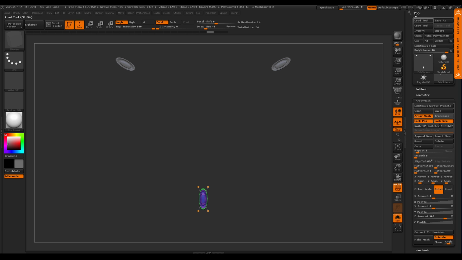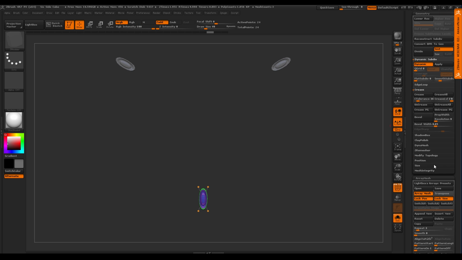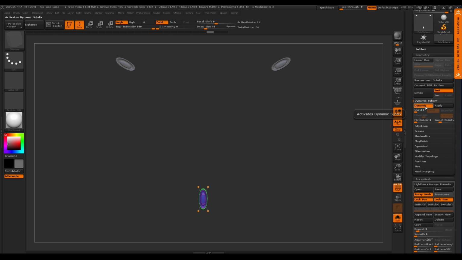So I have the tool palette docked here the entire time. Okay, for those that aren't using ZBrush yet or are new to it, I'm opening up Geometry. You can see right here there's Dynamic, and I'll close everything down but that so you can see what that looks like. I'm just hitting the D key to turn it on, and Shift D turns it off.